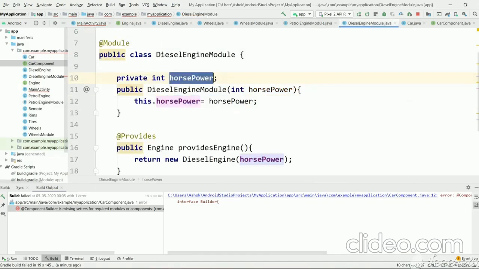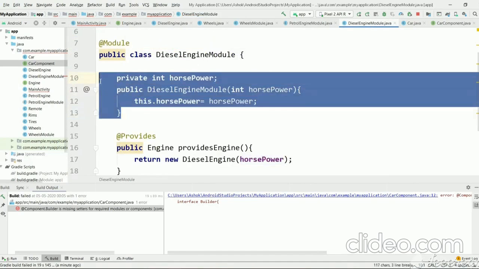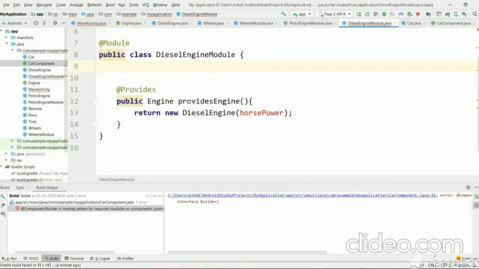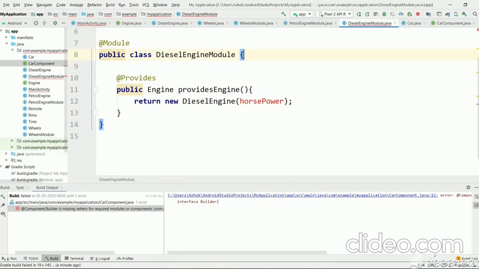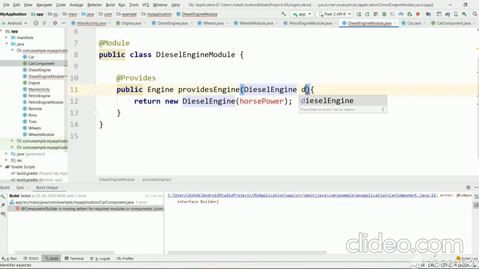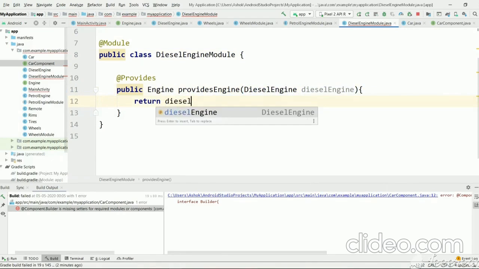Let's go to diesel engine module. Here we have created a constructor because we wanted to pass the horsepower through it, but now we no longer need it. We can just get back to the old code. Let's put diesel engine here and just return diesel engine.